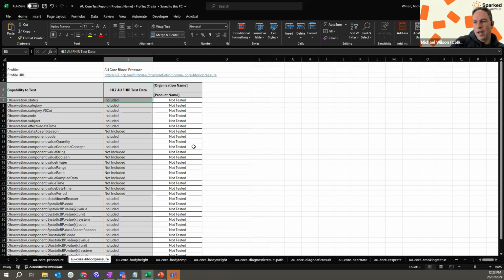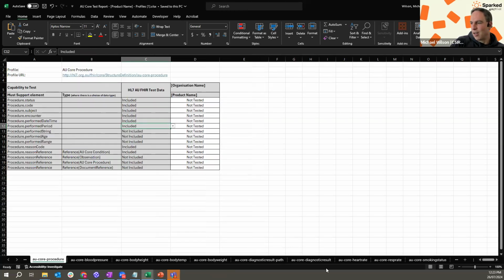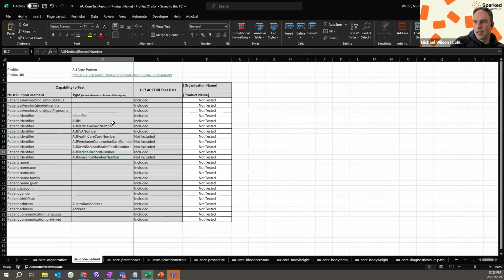This one is more about the test data you're using. What sort of coverage did your test data have? Again, there's a tab per profile. And in here it's like, did my test data include Indigenous status? So yes, I tested that.